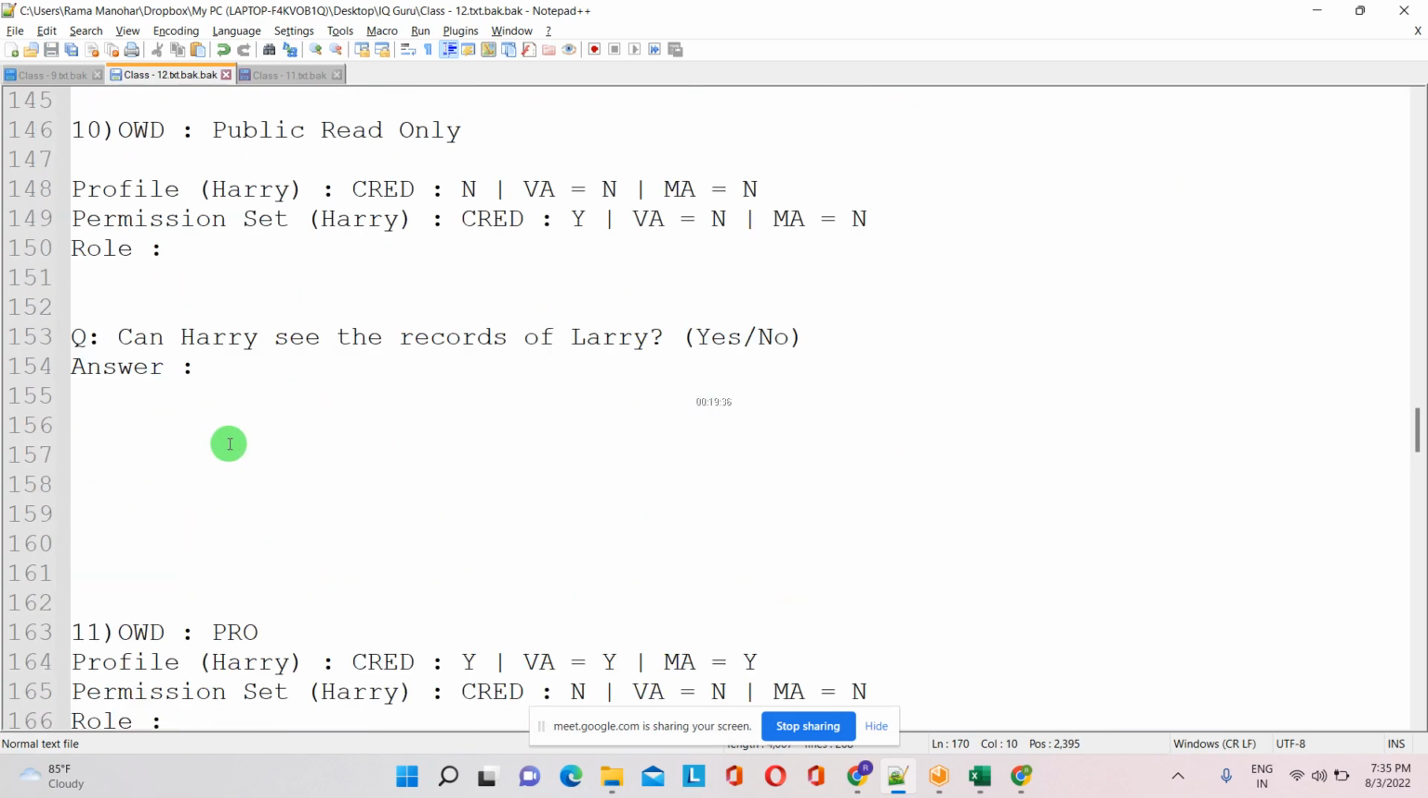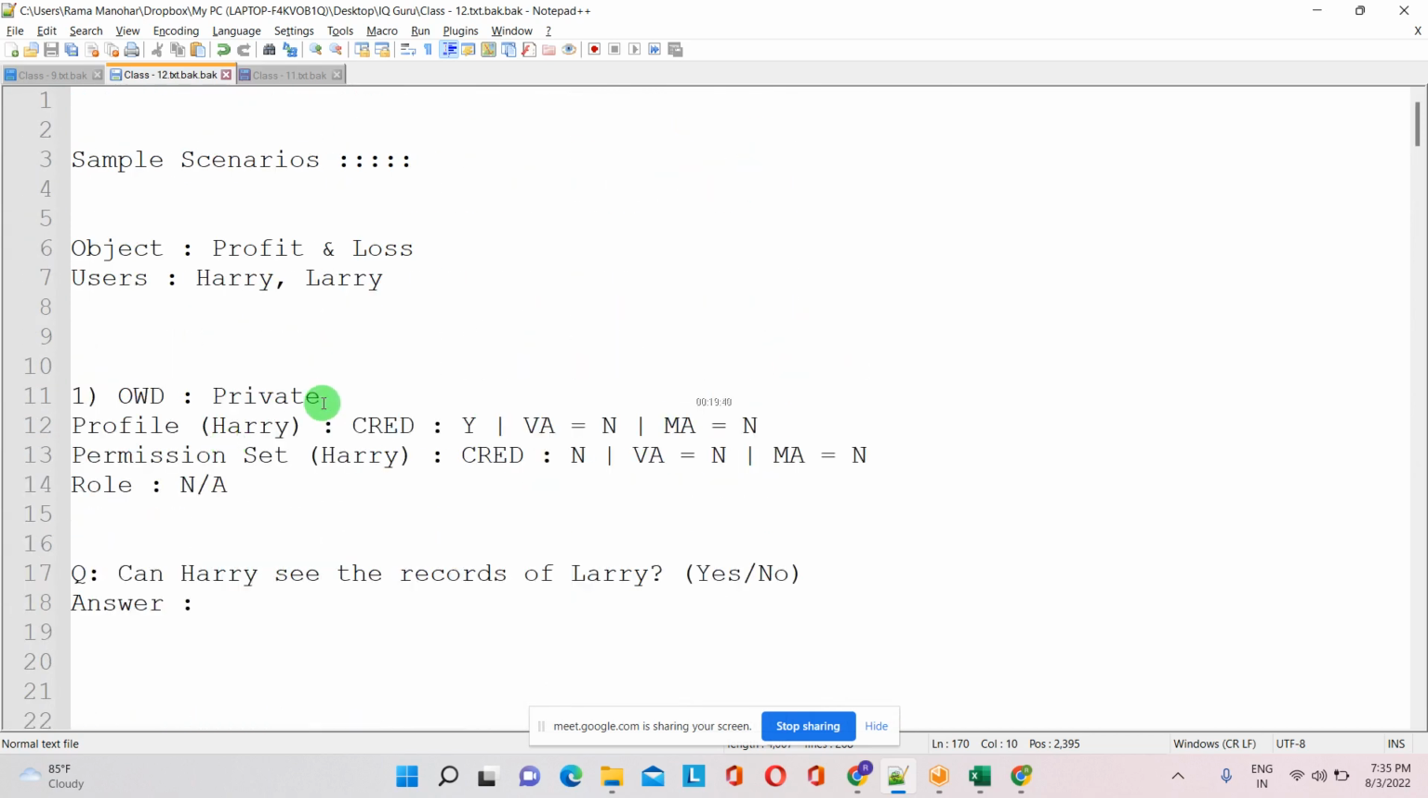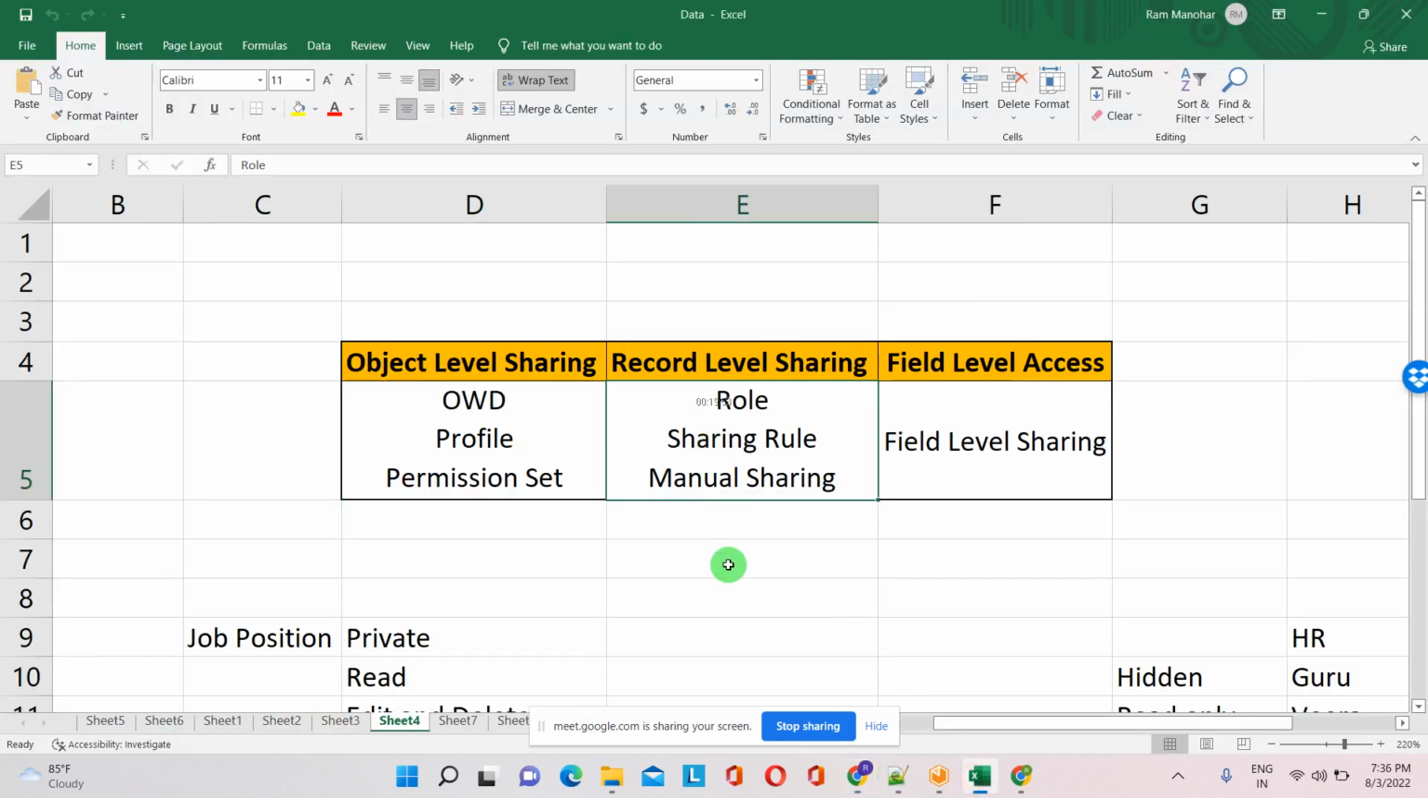Now this is all about everything, whole topics coming to security: profile, OWD, permission set, and roles. Till roles, we are doing it. Coming to sharing rule, that will be a different module. While we are discussing sharing rule,